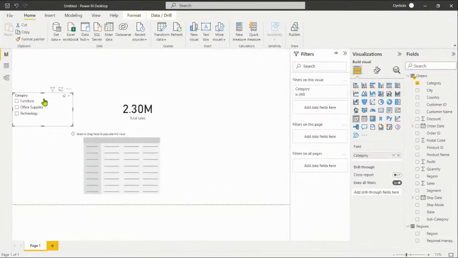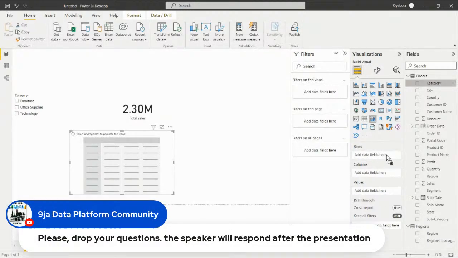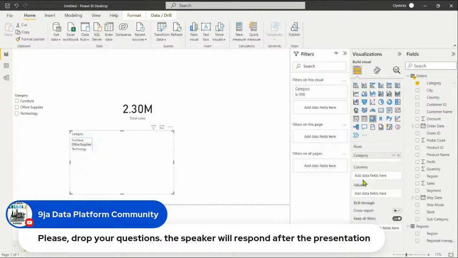I brought in the slicer. This visual is the slicer. Then I brought in the matrix. And under the matrix, for my rows, you can see under the visuals, these are the components on the table. And we have rows. Under the rows, I'm bringing in category. I'm bringing in another column, the order date,